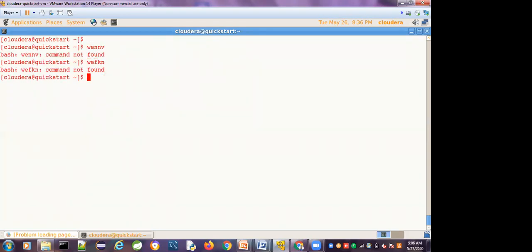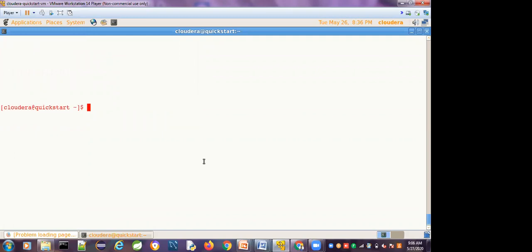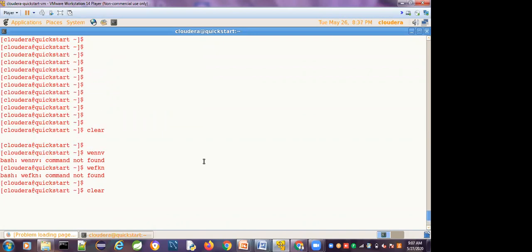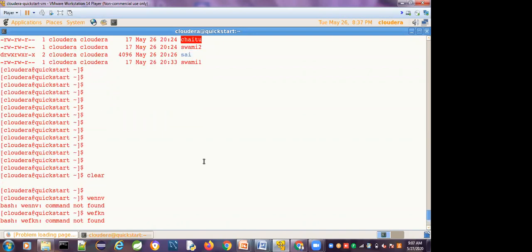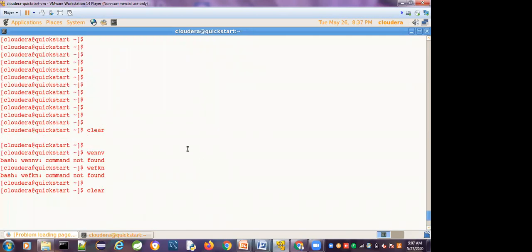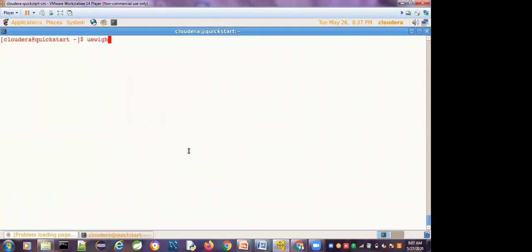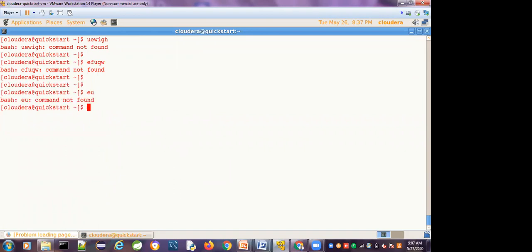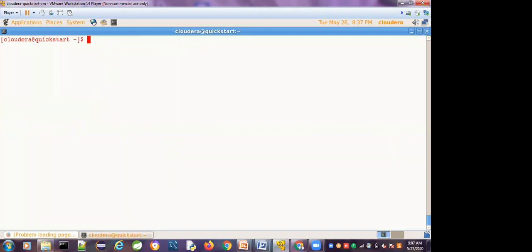I type clear here. Clear just moves the screen up; the data won't be deleted. Or else you can use Control L also. That is also the same.